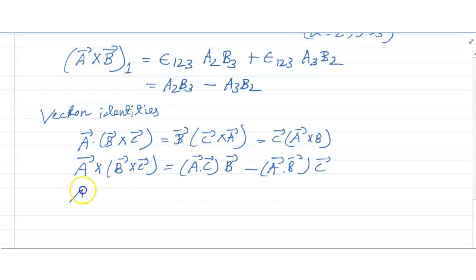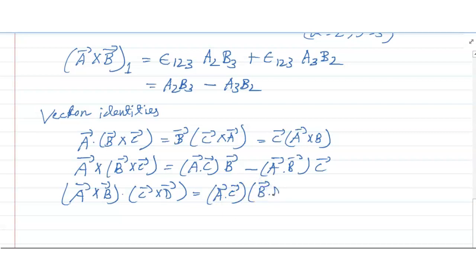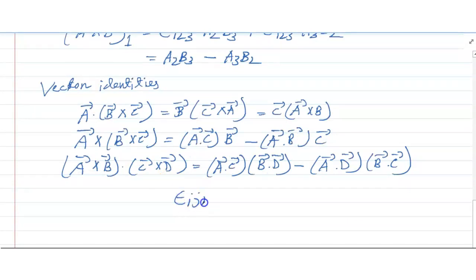Another multiplication is A cross B dot C cross D equals A dot C times B dot D minus A dot D times B dot C. Now epsilon ijk into epsilon imn equals del jm into del kn